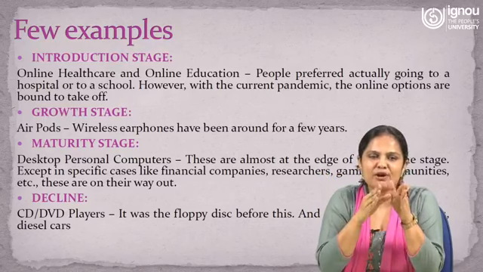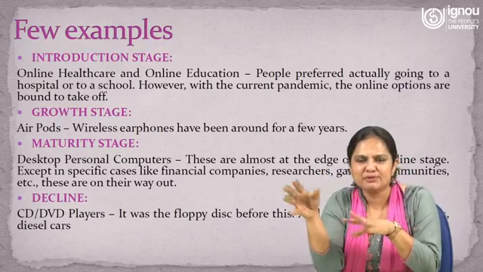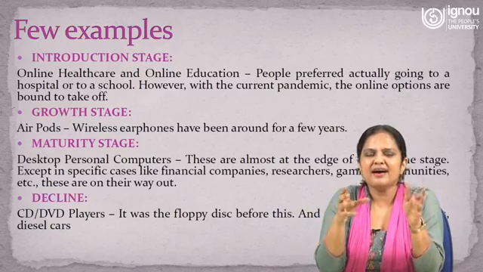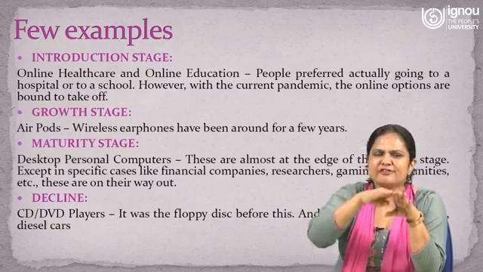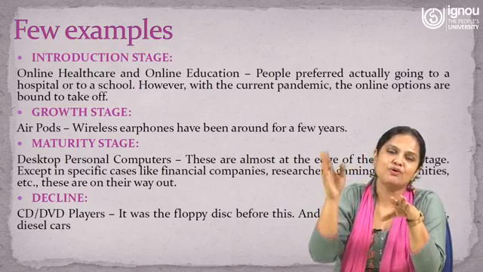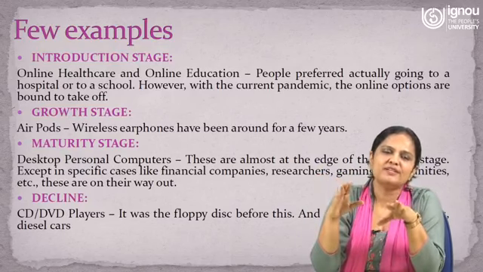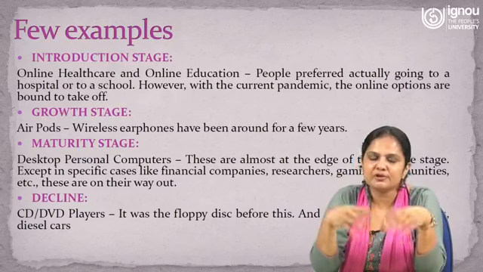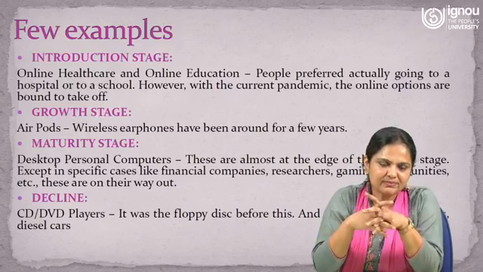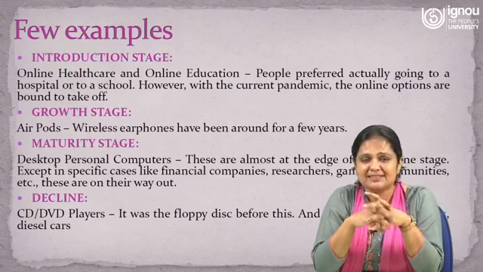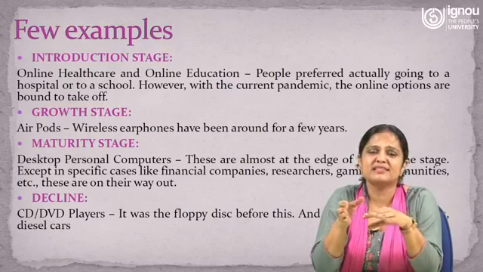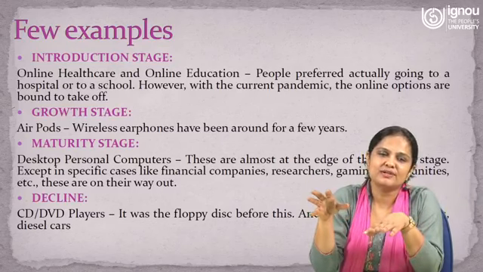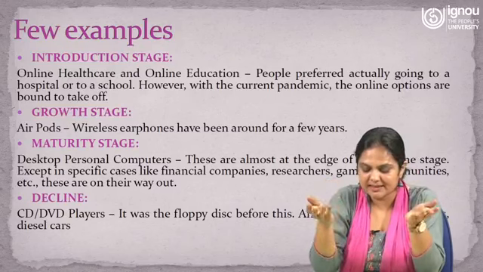Likewise, the desktop personal computers which had a CPU and various input devices are at this stage of maturity. Now, they are being taken over by desktops which have everything inbuilt and do not have input devices separately, or laptops are taking their place, or maybe iPads. And in the decline stage, you see CD players, DVD players, and before that the floppy disk. Once they were hot cakes, now they are out of the market, they are phased out, and now USB drives and hard disks are taking their place, right.